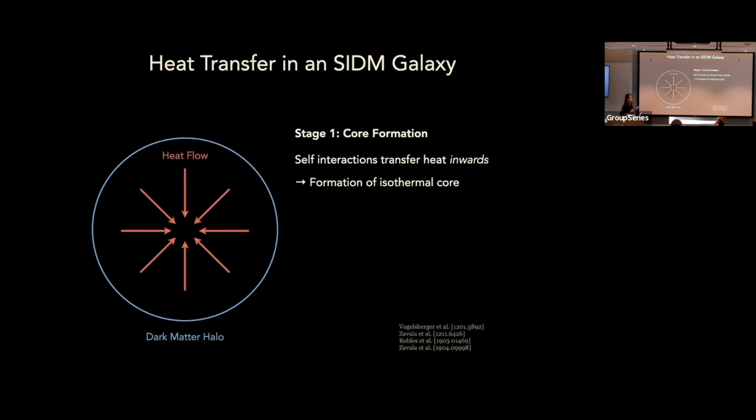The degree to which you can core, though, depends on how many baryons are in your system, because the baryons are going to be deepening the potential well here. So if you're in a baryon-dominated galaxy, your ability to core will be suppressed. The self-interactions will want to core, but they won't be able to move out. The dark matter won't be able to move out because the gravitational potential is going to still pull them back in. If you're in a dark matter-dominated system, that doesn't end up happening, and so the dark matter will easily end up forming that core.